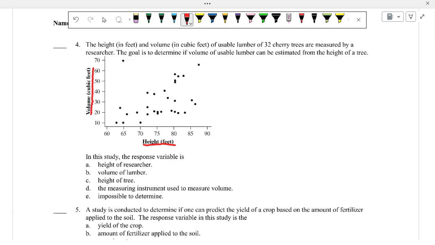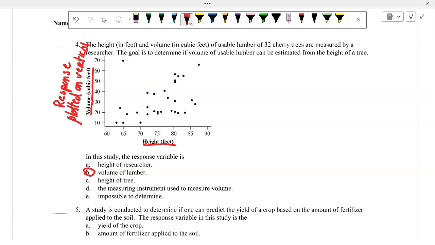Okay, in this study, the response variable is, okay, the response is always plotted on the vertical. So our volume is